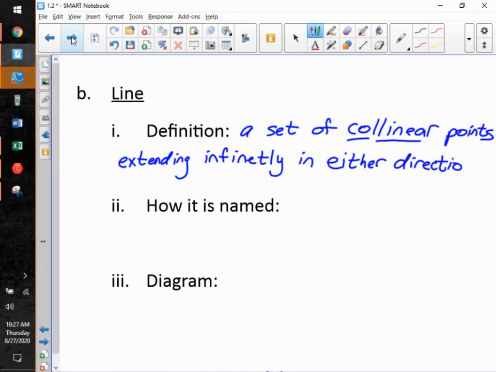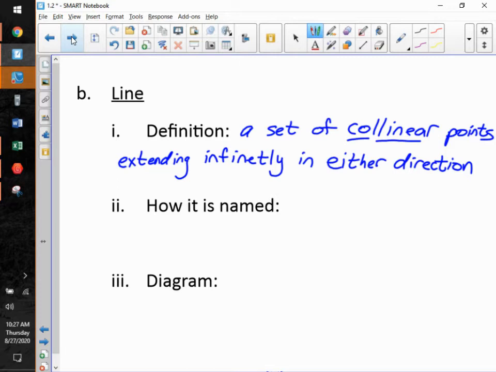And we've got to be careful to read the word either correctly here. It really means in both. So a line is a set of points that all are in line with one another. They're collinear, and it goes on forever. That's what infinitely means, in both directions. We like to think of that as left and right, but it could be up and down, and it could